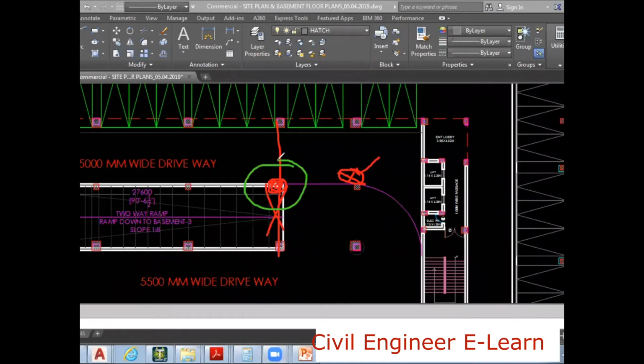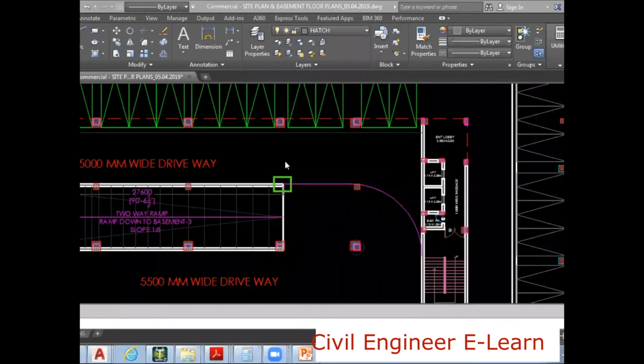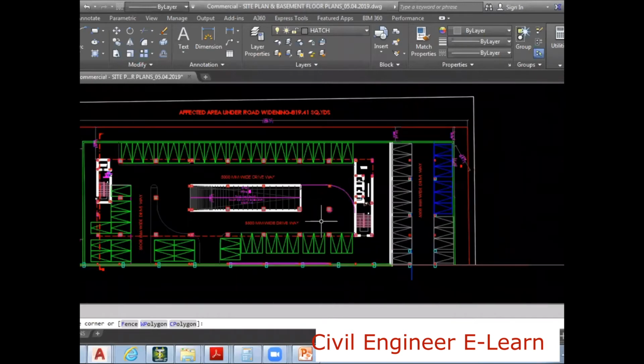This is the point. So can I keep a column? Yes, I can keep a column, because it is a corner of the ramp only. I can keep a column as per the basement 2 location.